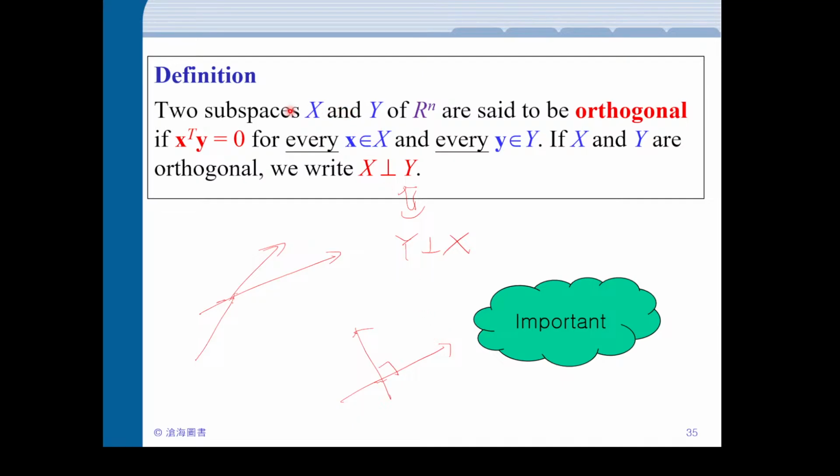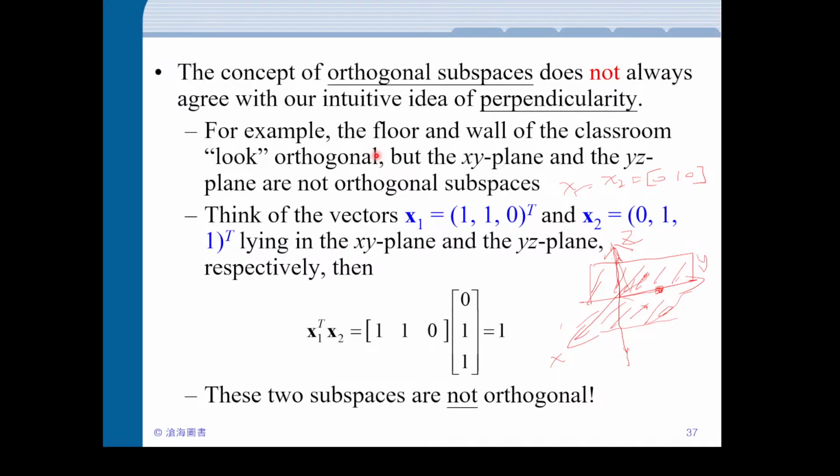It's just two subspaces where if you take any vector from each, they are orthogonal. Okay, and here is an example that says your geometric interpretation of orthogonal subspaces might be a little flawed. You think two subspaces are perpendicular and therefore orthogonal, but if it's in R3, then you